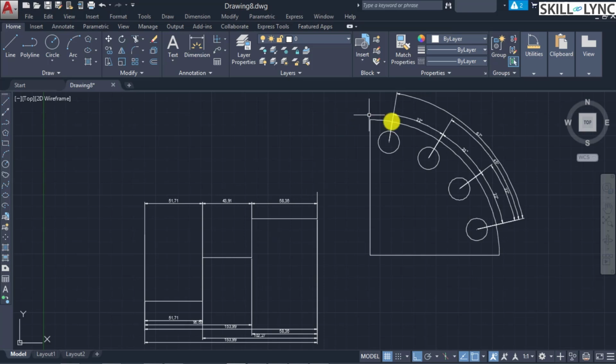Suppose in this diagram, if you want to ensure that the locations of these features have to be controlled, then you have to use these ordinate dimension features so that we eliminate errors by maintaining the accurate offsets of those features from the datum. So in order to call this function, we have the dimension ordinate, DIMORD. When prompted, it will ask for the feature location. So considering this feature, and we have to locate the center of this hole, then we can select